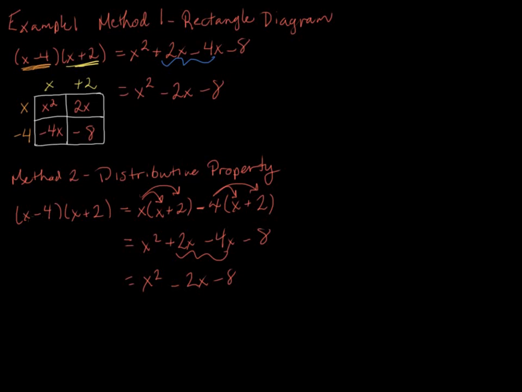Now, when you're multiplying two binomials, you might have heard of FOIL, right? Which stands for first, I'm actually going to undo that and I'll color code this. So FOIL: first, outside, inside, and last. So all that means is that